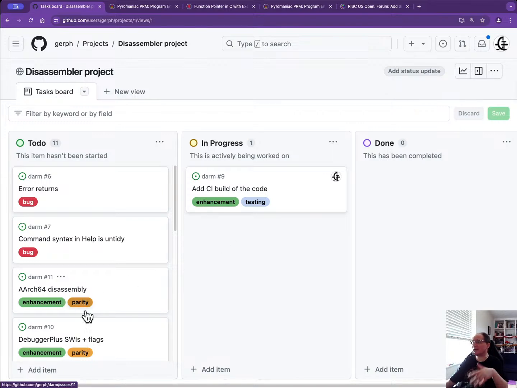So yeah, it's a parity feature because RISC OS Pyromaniac already supports it. So I'll be bringing it to parity of that, but I'll be enhancing it over the top of the classic version. I'm not sure these are particularly sensible ones, but I've labelled them anyway. I thought I'd have a play with it and see what I could do. And so now we've also got the enhancement, and this is a testing thing because in theory it will test everything as we